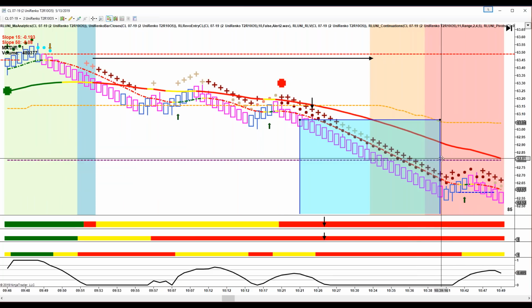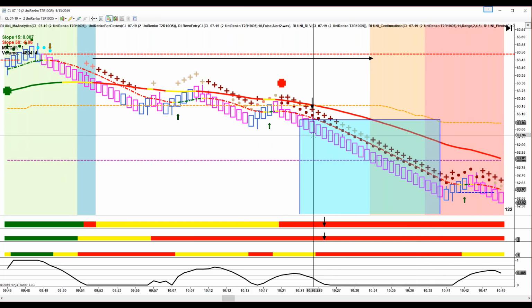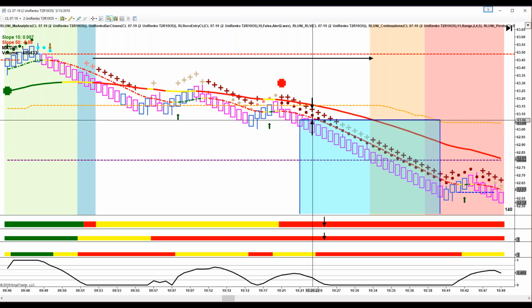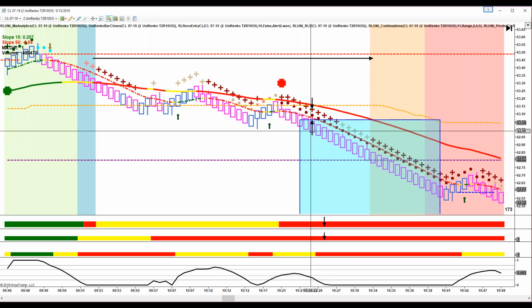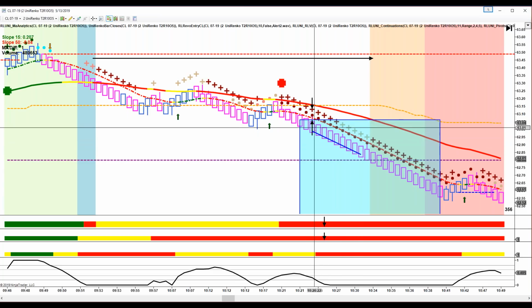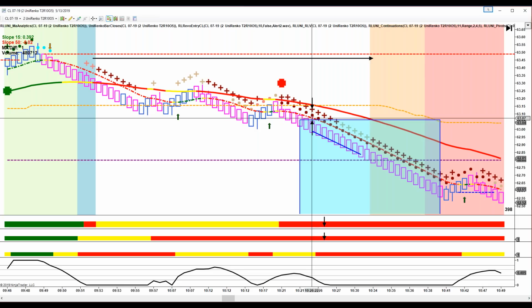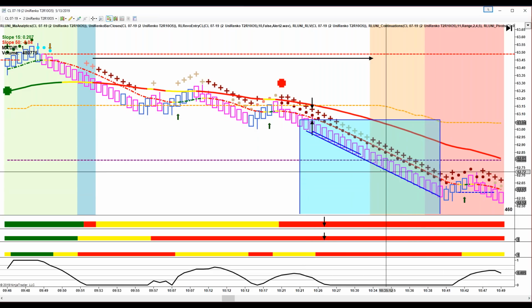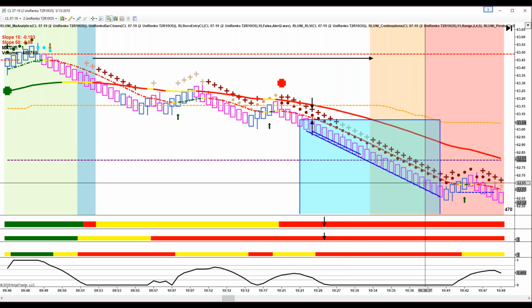The only thing we need is a pullback. We're not just going to jump in. Let me tell you, this is such a good move. It's almost to the point where you can just jump in. But I really believe you need a pullback and then the continuation, and we will evolve into a multi-time frame